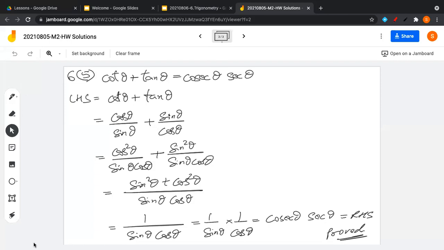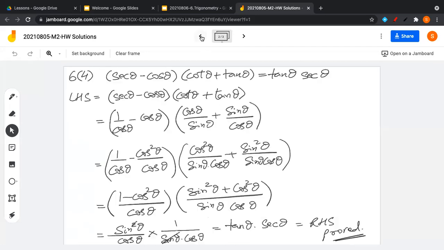The last homework question was question number 6, part 5 of practice set 6.1. This also had cot, tan, cosec, sec. And once again, I started from the LHS because when we have more terms, it becomes easier. Technically speaking, there are 2 terms in the LHS here and only 1 term on the RHS. So cot theta plus tan theta, once again, I've tried to write them in the basic way. So cot becomes cos by sine and tan becomes sine by cos, and using the same logic of fraction addition,